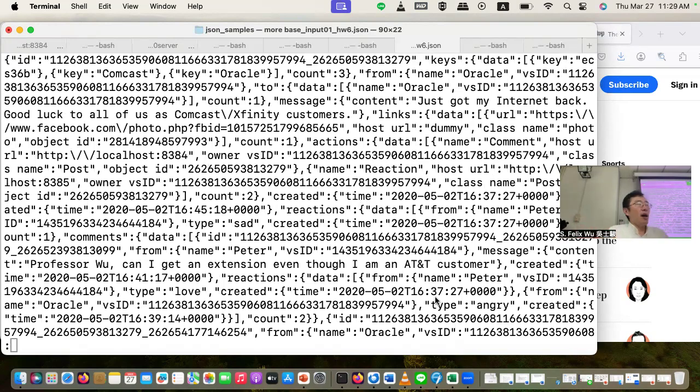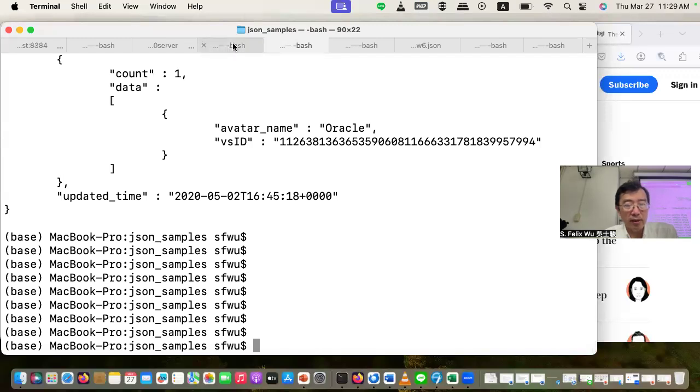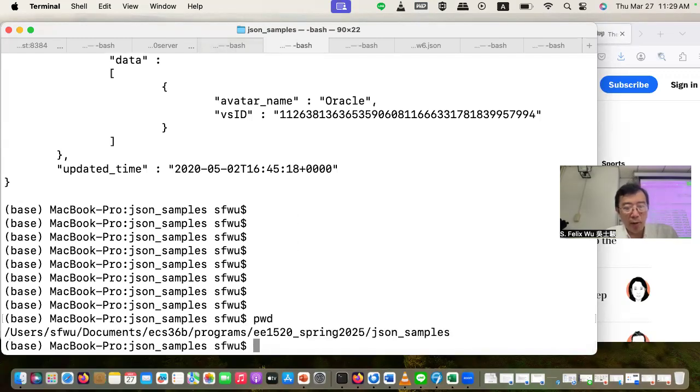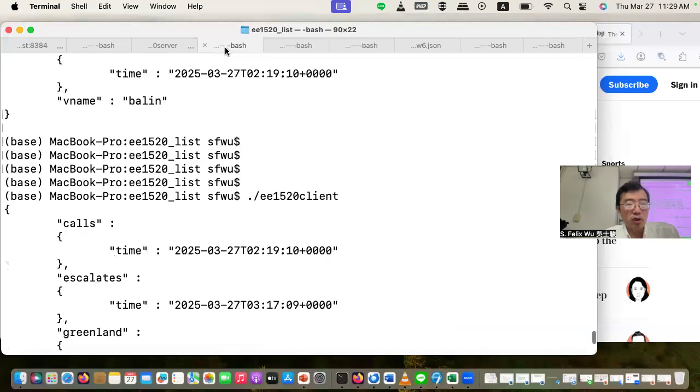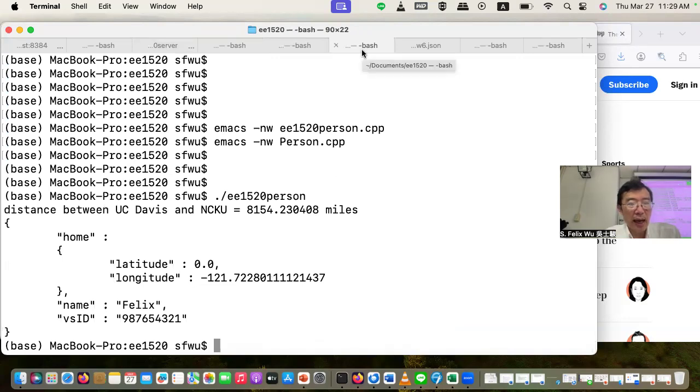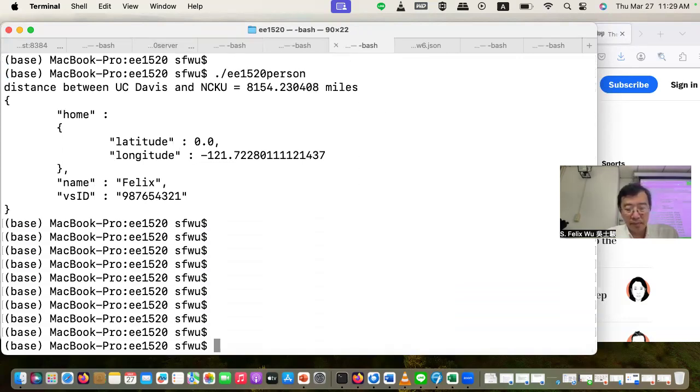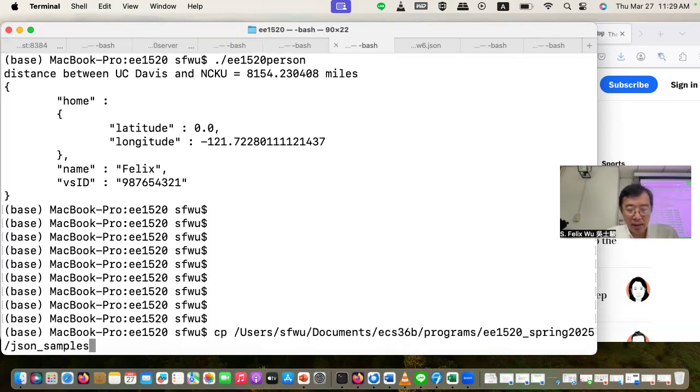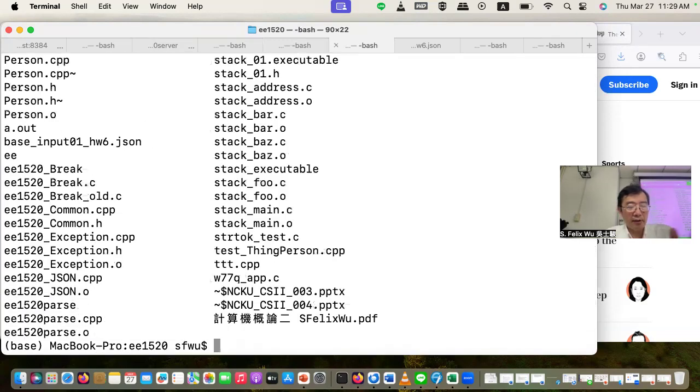Okay, and this is really hard to read, so I'm going to use a program called JSON parse to handle this. I want to remember where I got the JSON. I haven't uploaded this JSON to GitHub. I will upload this JSON to GitHub. Okay, where is my, here. I want to copy base one here.